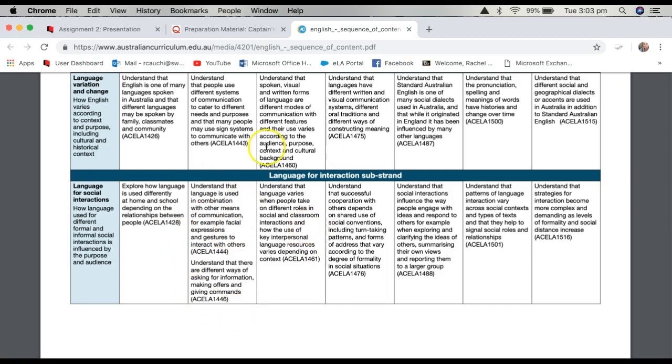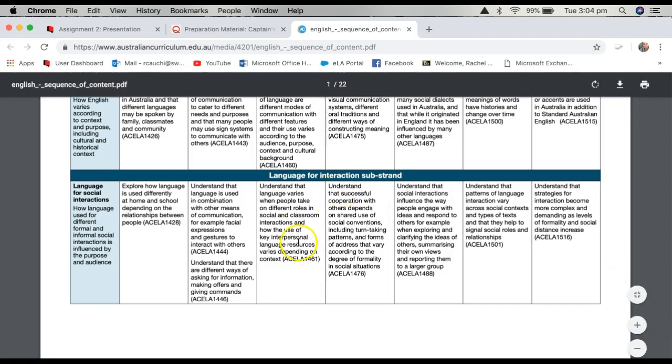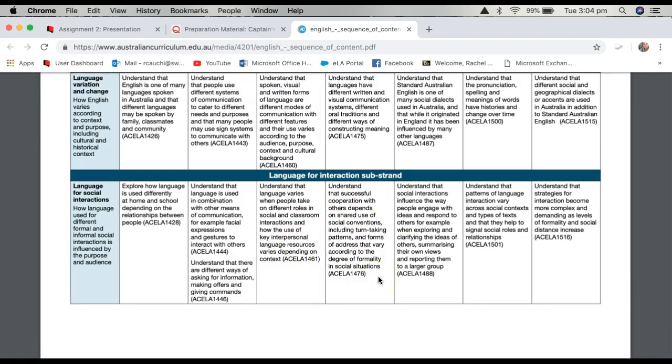We can see how through the years the progression of that changes, where we're looking at home and school and relationships between people and how that changes, say, into the middle years, where we're looking more at social norms and social expectations. We talk about things like turn taking and addressing and listening in social situations and understanding interactions between